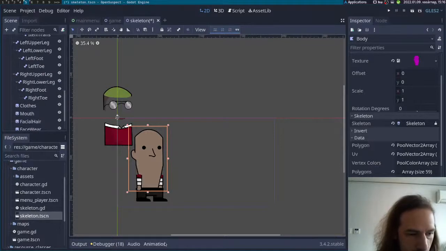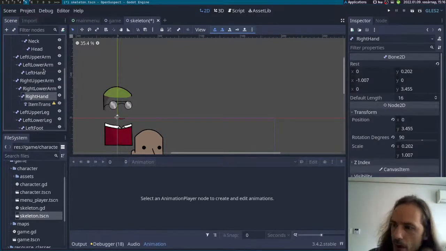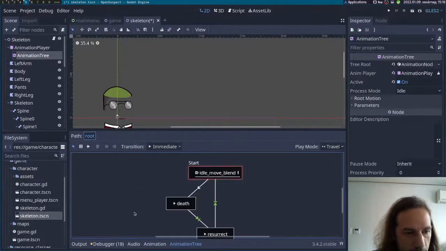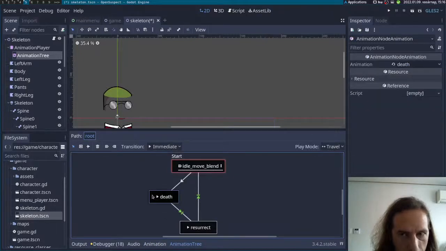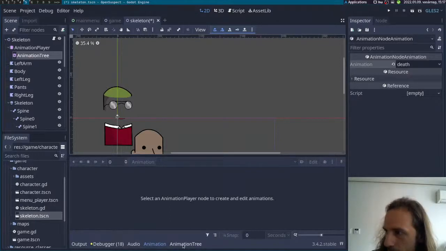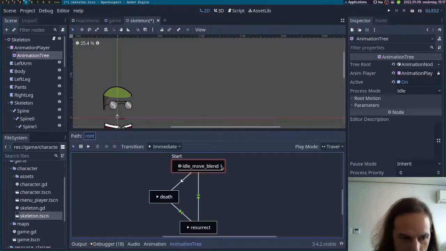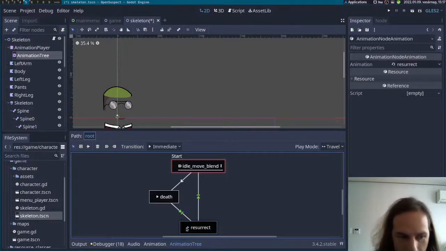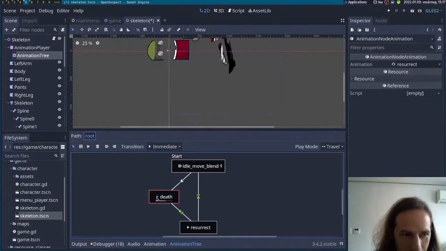Are the animations in this? I think the animations are already deleted from this, aren't they? Or no? I thought, oh, there is the animation tree. For some reason I thought the animations had been deleted anyways. Where is the animation? How do I find the animation here? They are above. Oh yeah, there. Okay, something has happened. But where do I find...